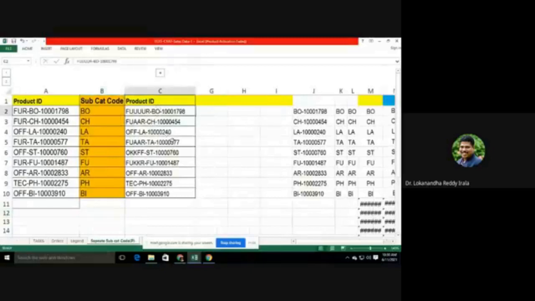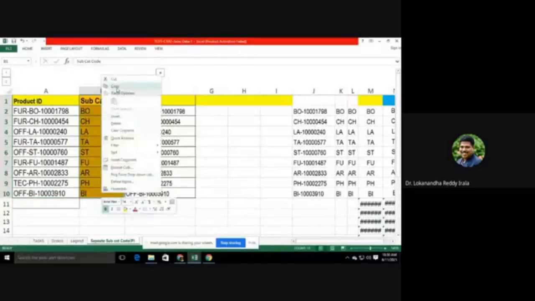But now, in case you have a product ID like this, instead of a product ID being like the earlier ones, how do you come out with the subcategory code? That is the question.